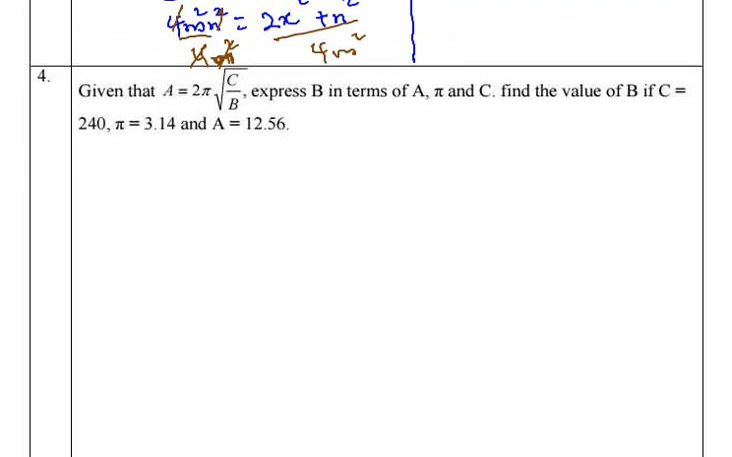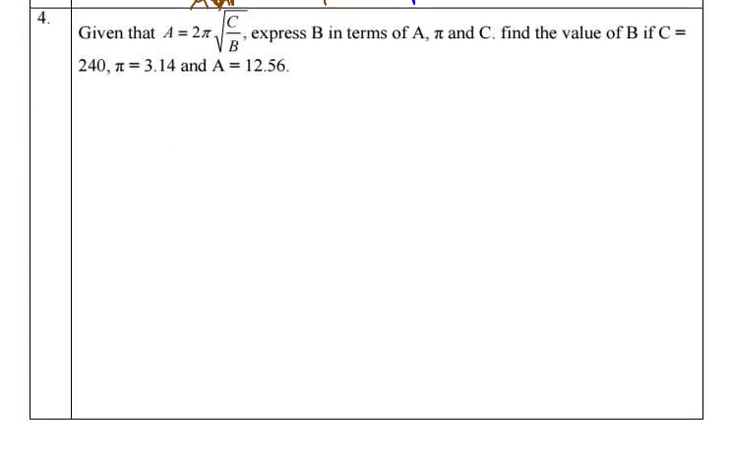Let's continue with our question 4. Question 4, she's here, and she says, given that a is equal to 2 pi square root of c out of b, express b in terms of a, pi, and c. Okay, that's the first part. And then it says, find the value of b if c is that, pi is that, and a is equal to that. All right,